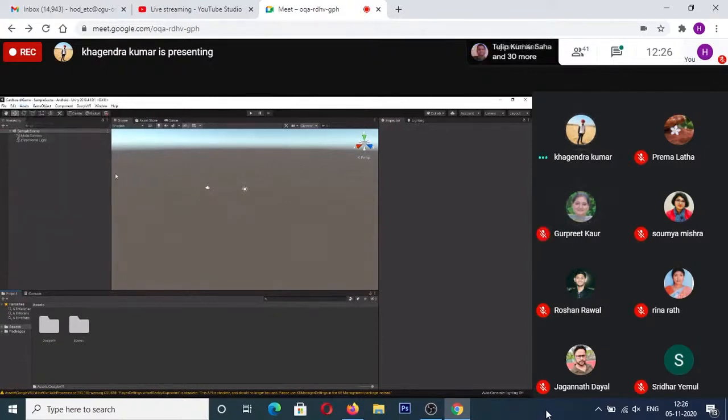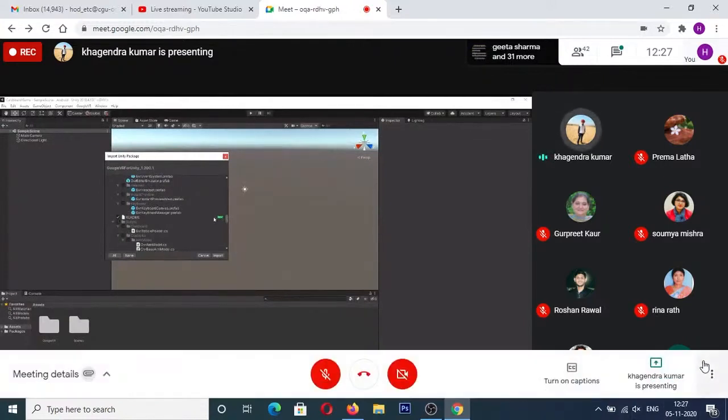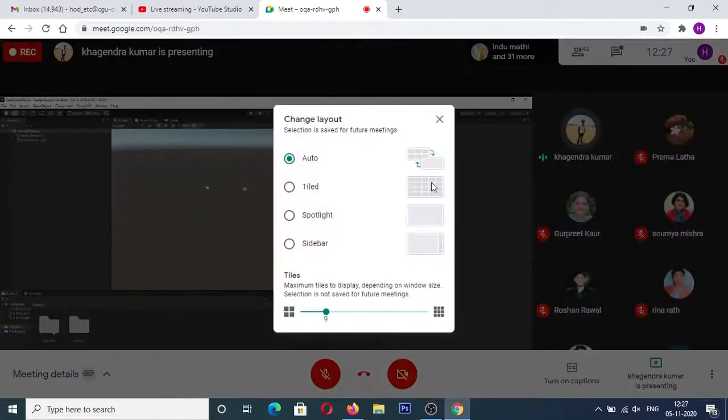Once it is done, it will give you an option to import all. You just need to select Import All unless you have to customize that object. If you click on it, it will import everything and make it ready for your use. Right now you can see these options have been modified, and there will be one new option, the readme file, as I was showing you before. You need this readme file later on. Right now I don't need it, so I'm going to click on Cancel. I already have this Google VR SDK.